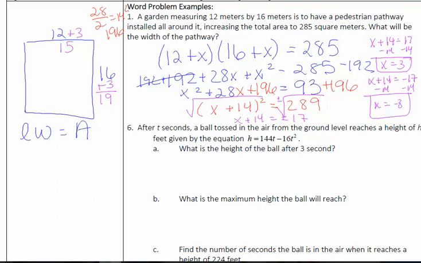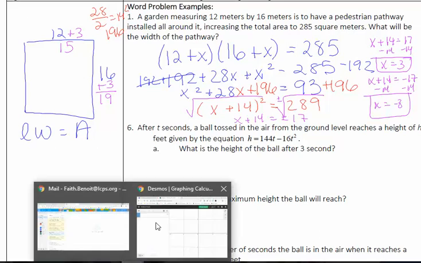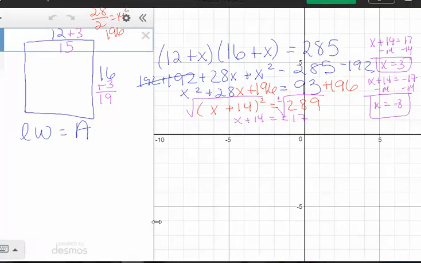So now that we have done it the long way, which I think is actually the short way, an even shorter way is going to be with the calculator. So if I open up Desmos, I'm sorry that I'm leaving all the writing here, but I want to be able to write it out. I am going to type in, and I'm not even going to do any real math, parentheses 12 plus x, 16 plus x,